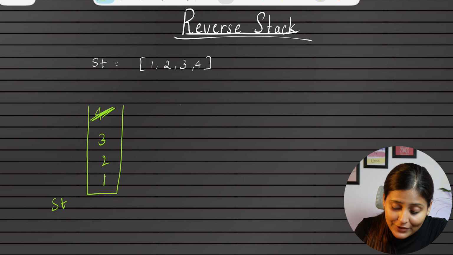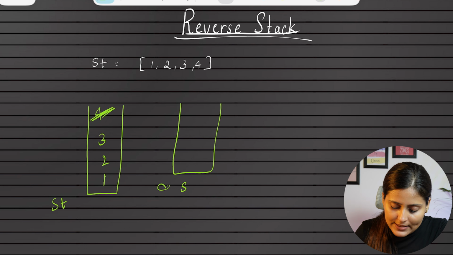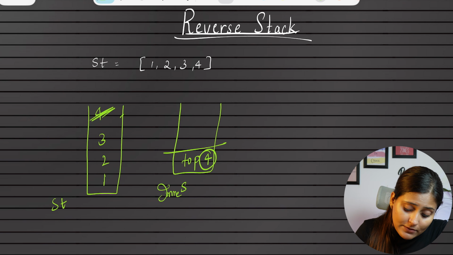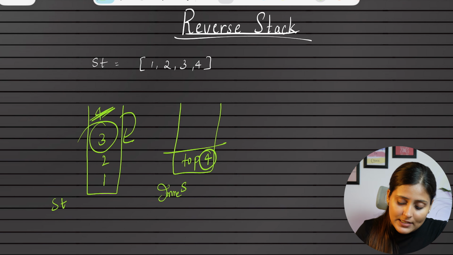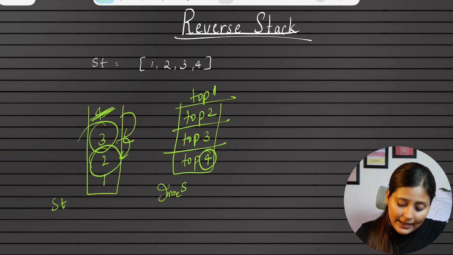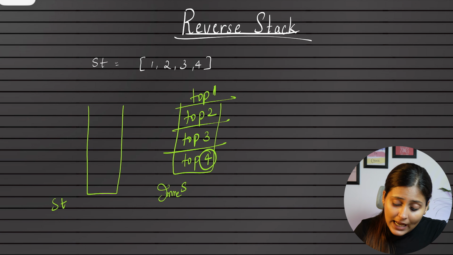First we will pop, and as the recursion maintains its inner stack, when we pop this, let's name it the top variable, in the top we will save it. So at the first call this will be saved. Now recursively we will call for the second time to pop this, so in the second top variable 3 will be saved. Next time we will pop 2, so in the third top 2 will be saved, and then 1 will be saved, and now our original stack will become empty after popping all such elements. Now our task is to reverse it.